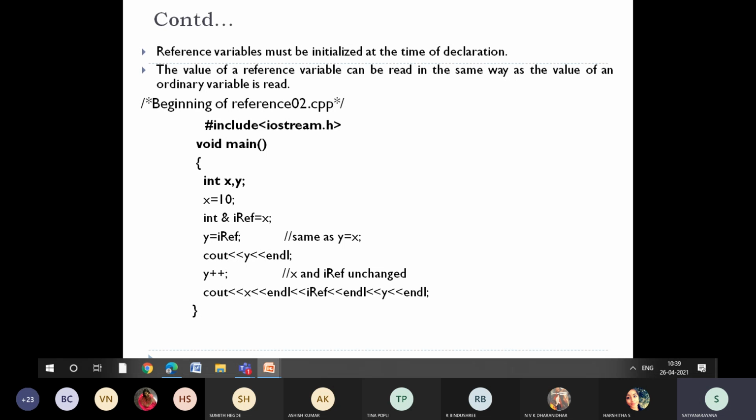Right. So please go through this example and tell me what is the output. I want all of you to observe and tell me the output.